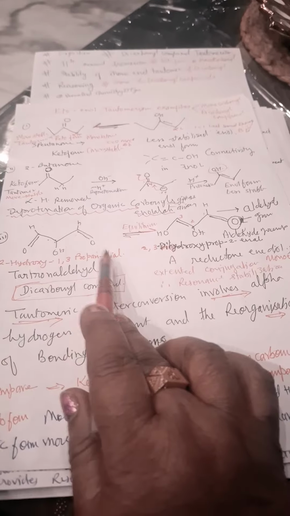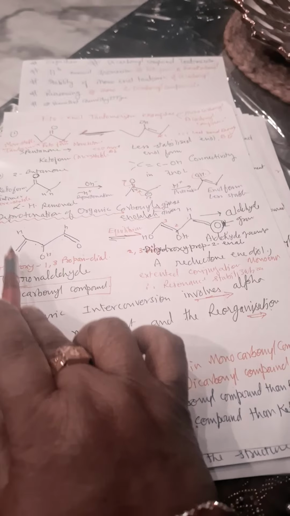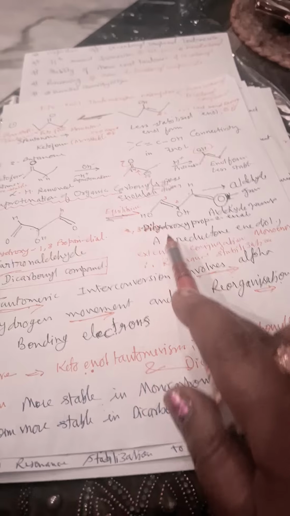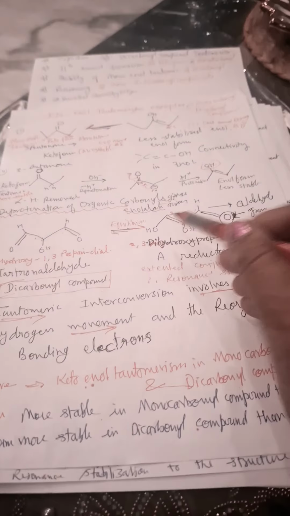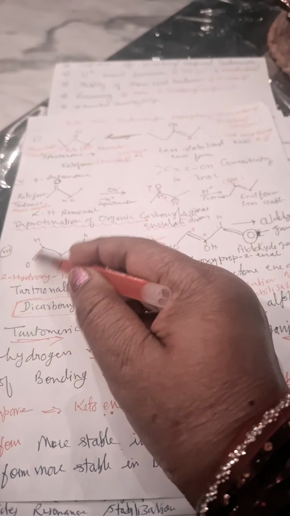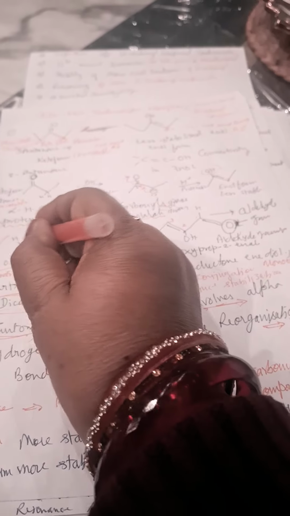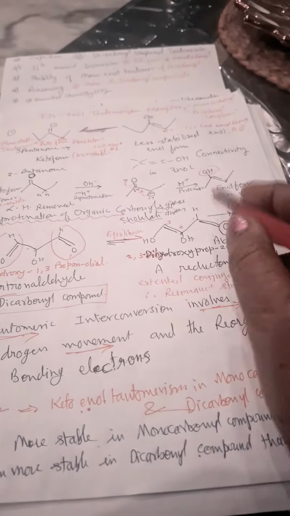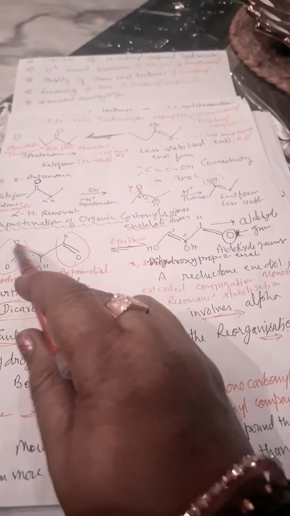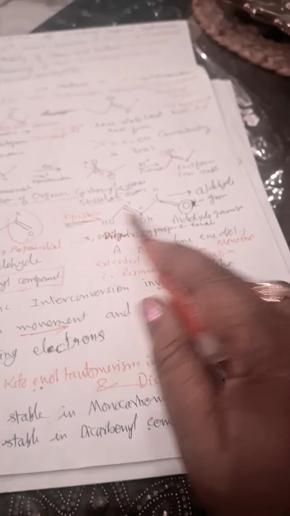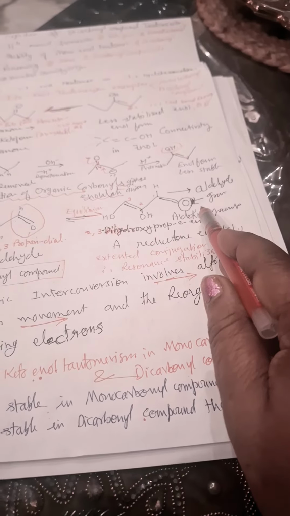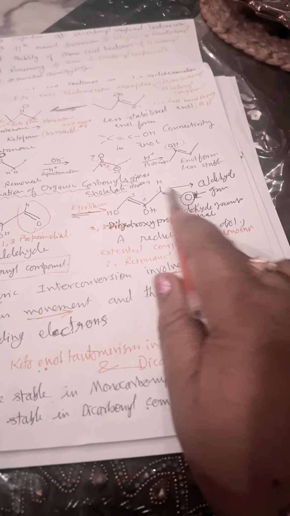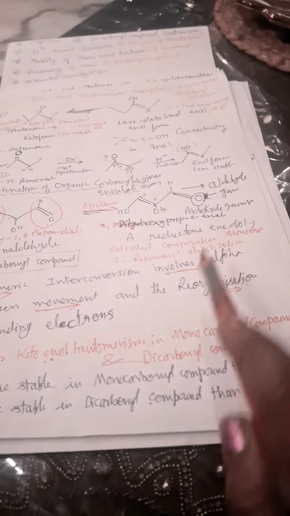And this is a dicarbonyl compound, only one carbonyl group is forming enol, so we will get a monoenol, and high resonance stabilization will be there. See this double bond O carbon, this is the carbonyl group, and this will remain as such. There are two carbonyl groups, so one remains as it is, and this is forming the enol form, so you will get a dihydroxy enol. Okay, 2,3-dihydroxyprop-2-enol, 1, 2, 3 prop-2-enol.